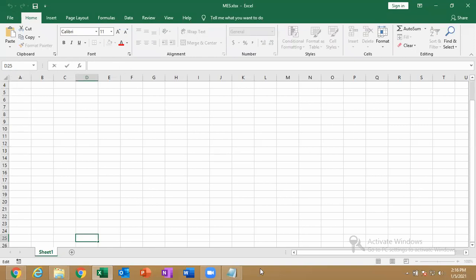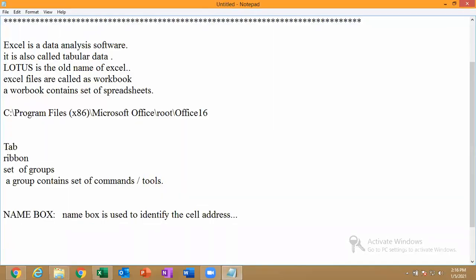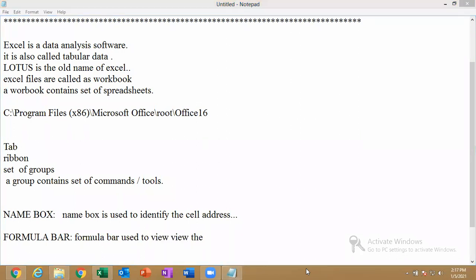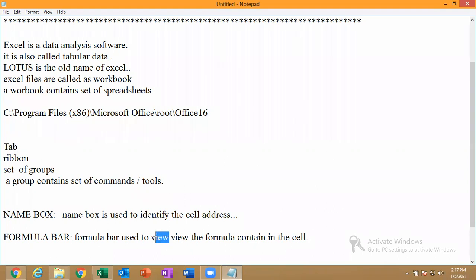And next is the formula bar. Formula bar is used to view the formula contained in the cell.